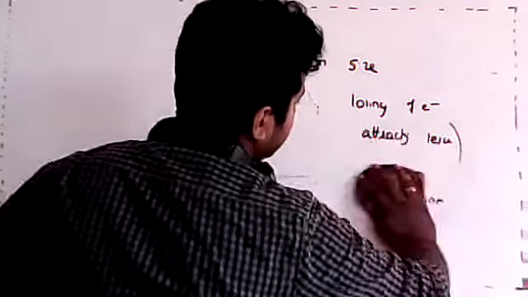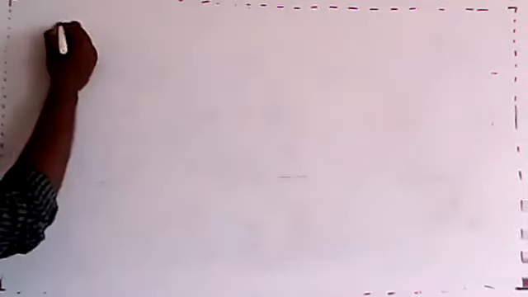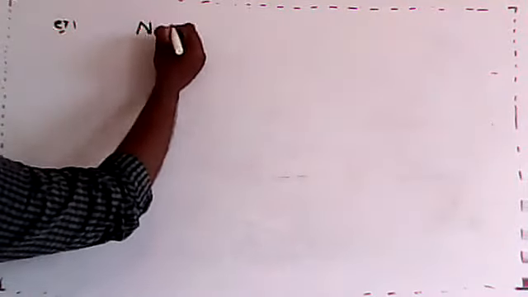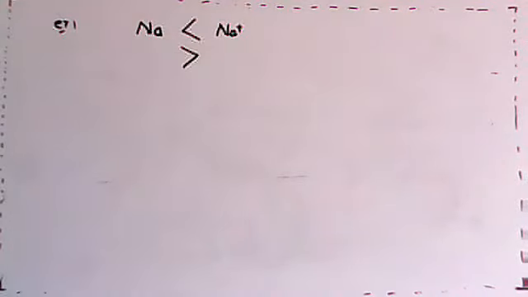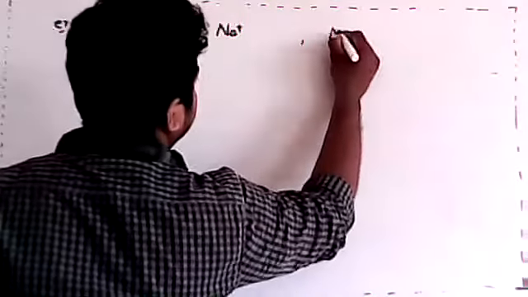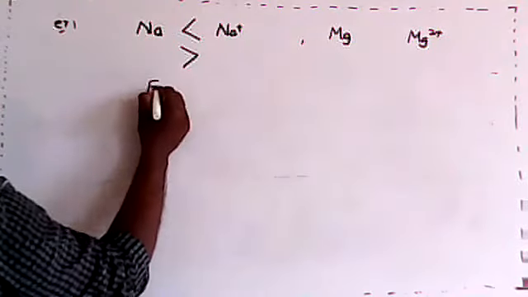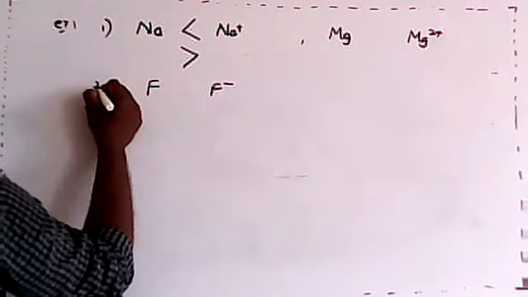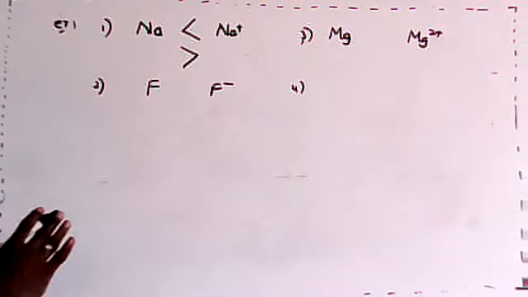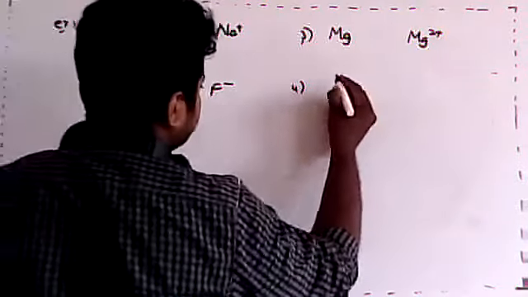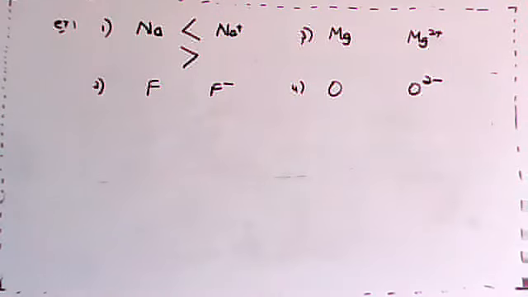Let us just compare them. Let's compare this ionic size. Here, students, example. Can you just tell me which sign should be added now? Either larger or smaller. Which one should be added? That is left to you now. Similarly, Mg2+, then F-. This is the first one, second one, this is the third one, fourth one. I'm not telling you to mark something. I just need you to tell which should be added. You should decide now. O2-. Prithvi, are you sure?